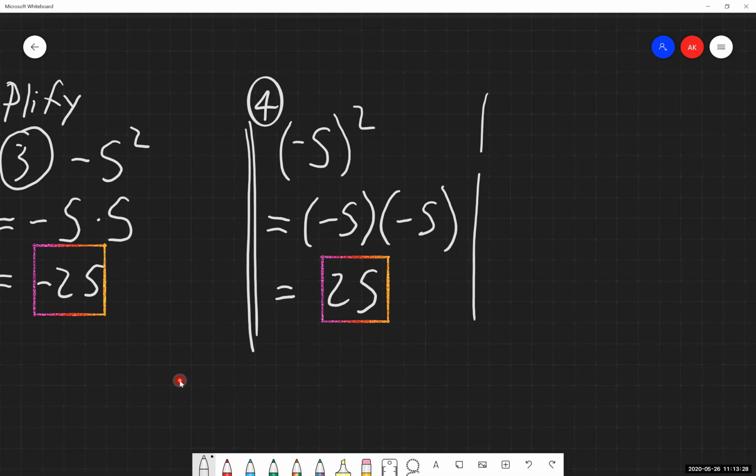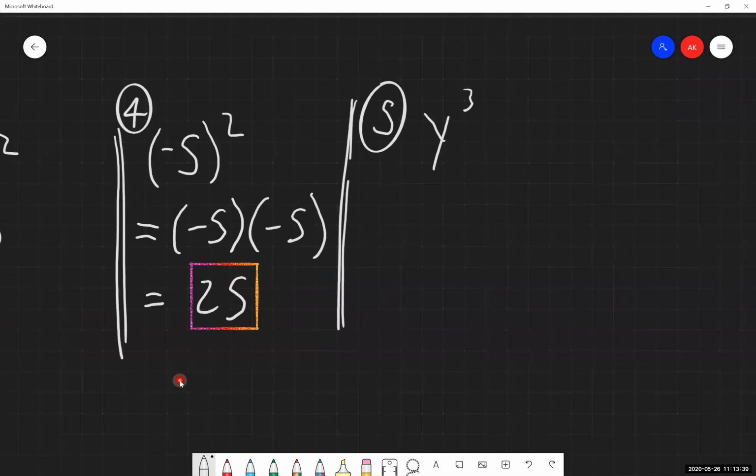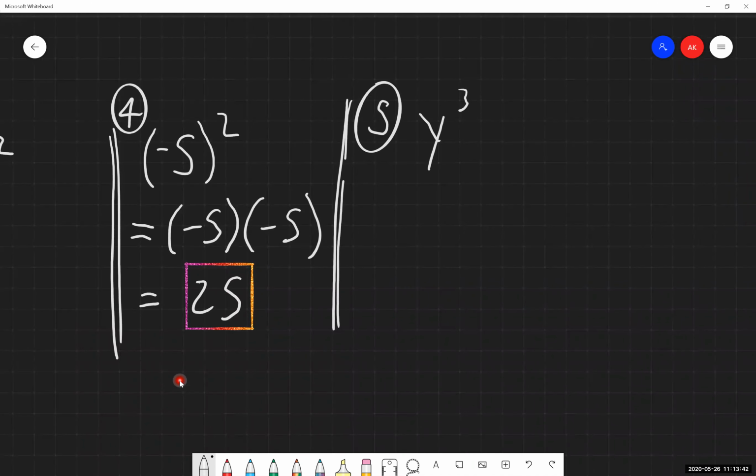All right, so the final example from that group, I guess it's technically example 5 now, is y to the third power. So again, we're told to expand this thing, so we need to correctly identify the base of this exponent. I have y being raised to the third power, so I'm expanding out and having y times itself 3 times. So we've expanded this thing, and if we attempted to simplify it, which we technically could do, it would condense right back down to being y to the third power.